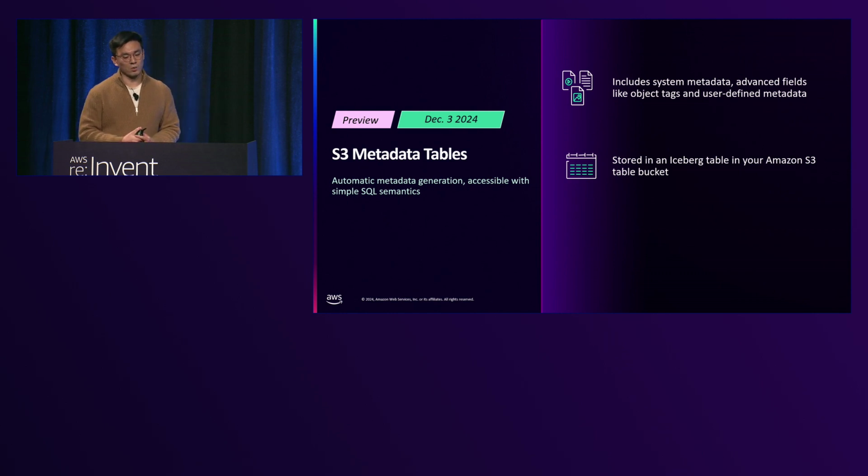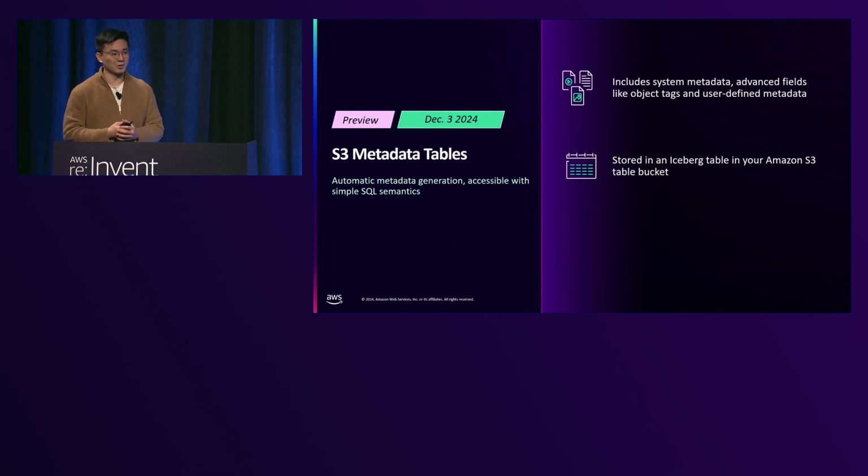What S3 Tables does for you is that this is a new flavor of bucket type that, instead of storing objects like a general purpose bucket today, stores tables, and specifically Iceberg tables. Behind the scenes, these table buckets are specifically designed to improve query performance and TPS, and really designed for analytic workloads.